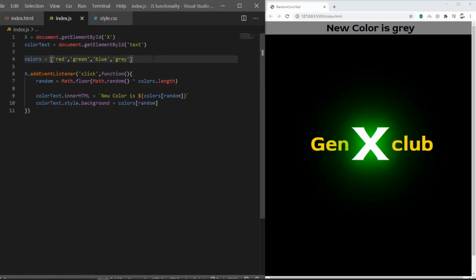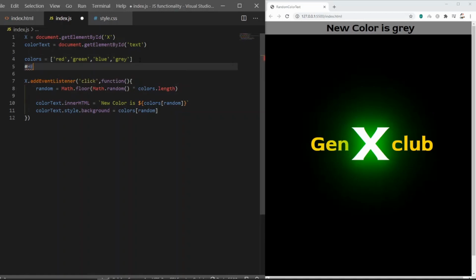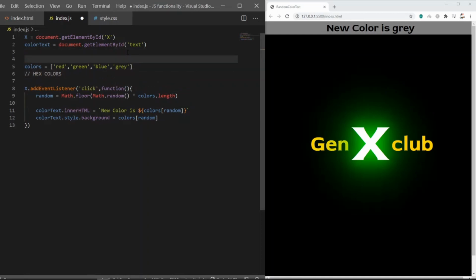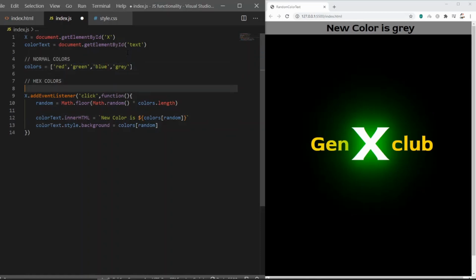Okay, let's make another array, but this time with hexa color codes. Okay, so let's add a comment over here. Hex colors, and let's make this as normal colors. Normal colors. Nice. Now let's make an array. Hex colors.